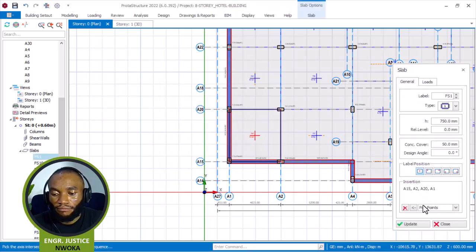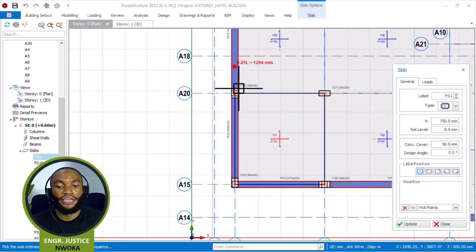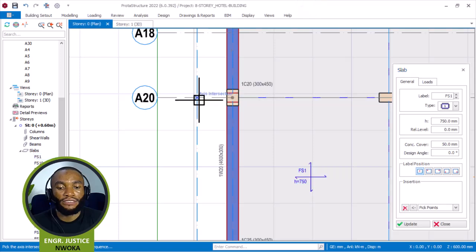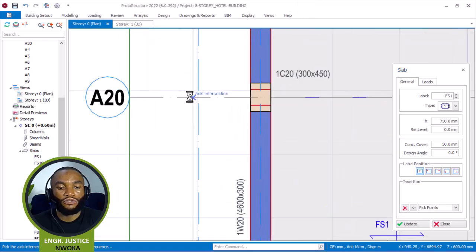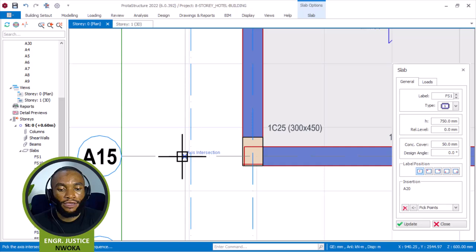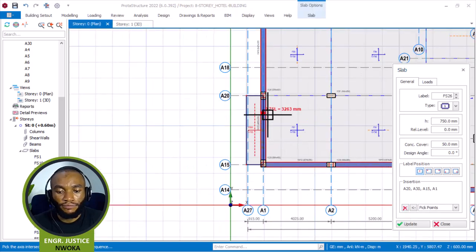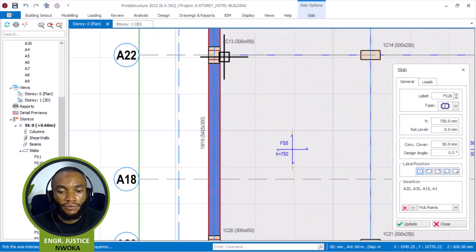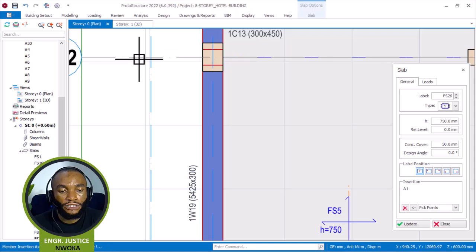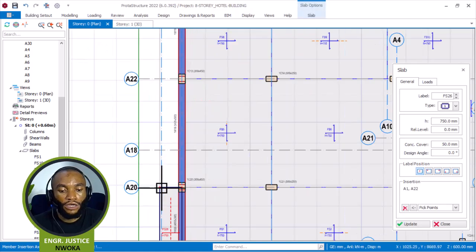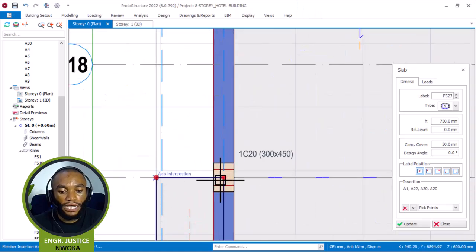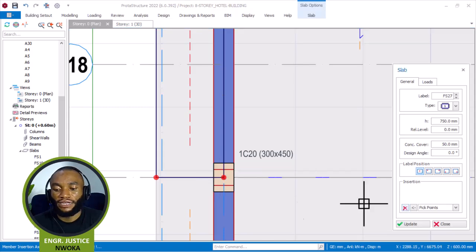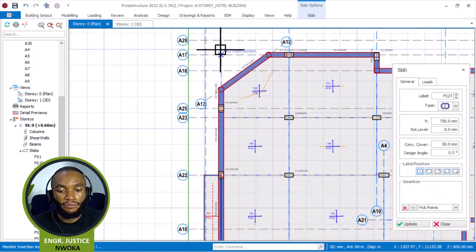Clear the points again. Okay, that's fine. And again I'll click here, one, zoom again, two, now go here, three, and then final place four. Okay, that's fine. Clear points, come again now, here, one, two, three, and then four, that's fine. Clear again, come here again,